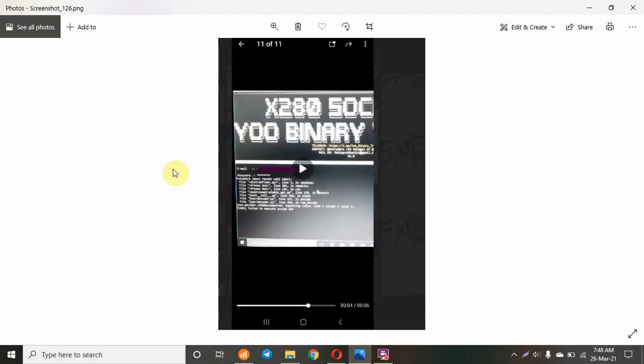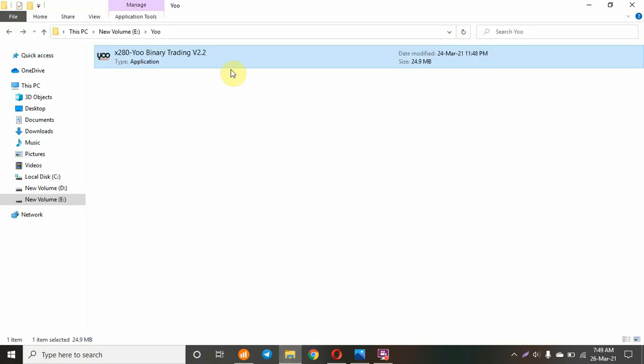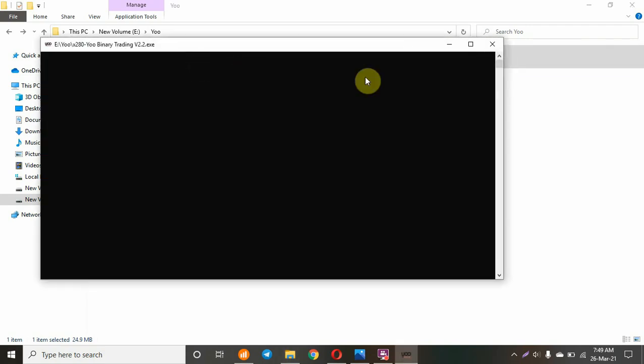And the third most important reason why you cannot run it on your PC, on your desktop, is that your antivirus is on. So uninstall that antivirus, restart your laptop or PC, and give permission in Windows Defender. Windows Defender is enough to protect your PC. So give permission to the socket. After you download it, uninstall the antivirus and do all those things, just click on it and it will open.